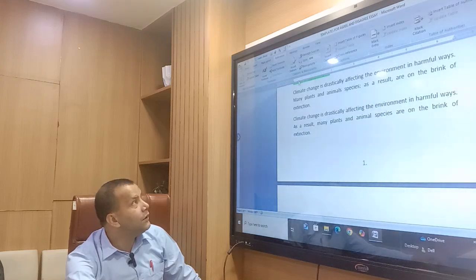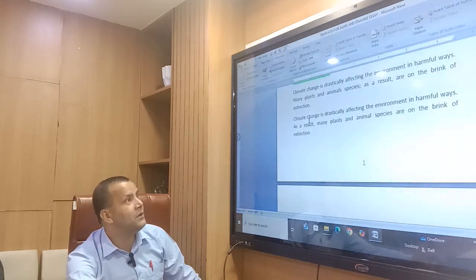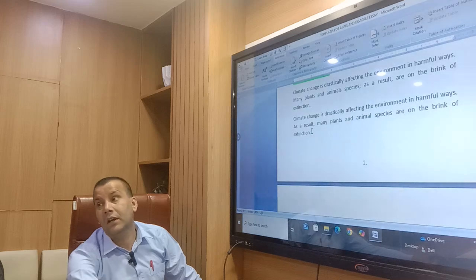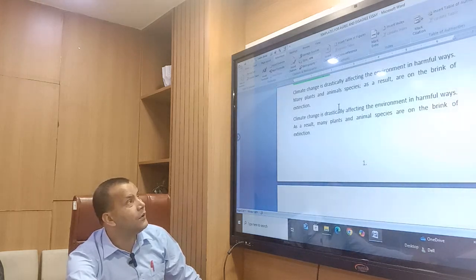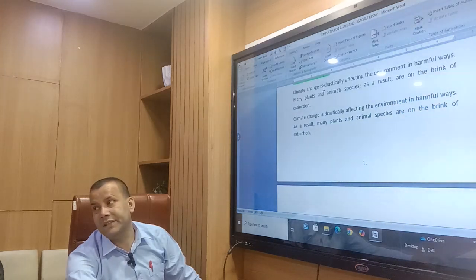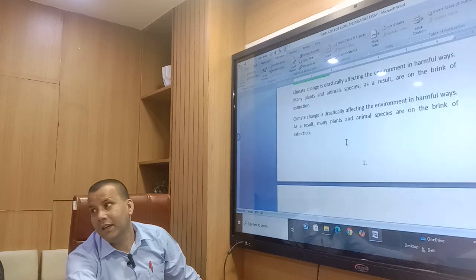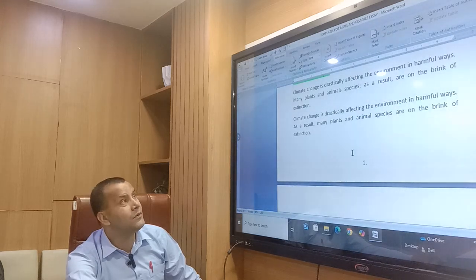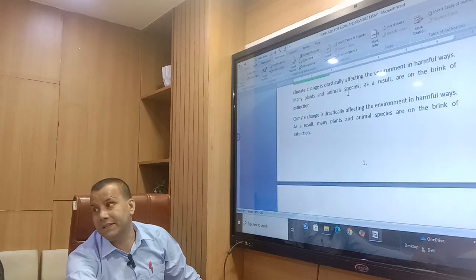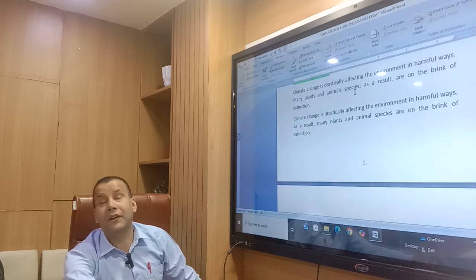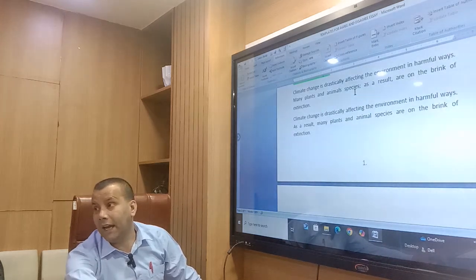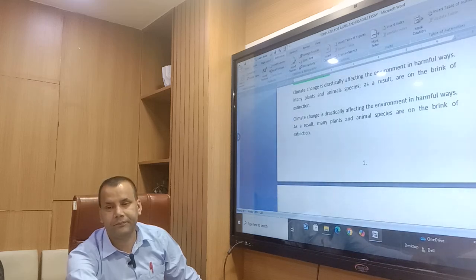Okay, so you can write this kind of sentence also, but which one is better? This kind of sentence is better. The first sentence is better. Both sentences are okay, but if I have to choose, I prefer to write this kind of sentences. If I write this kind of sentence, I can sound more formal, more academic.